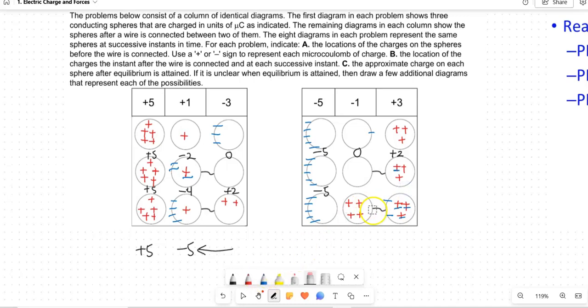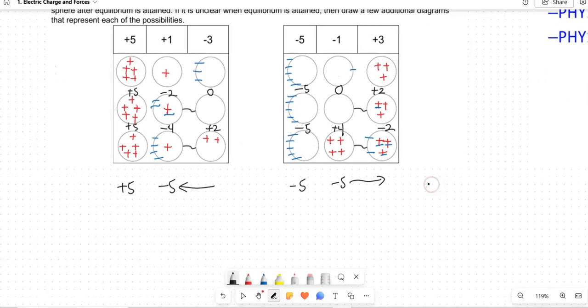Either way, this has 5 electrons that got pushed over. So now this object is +4, and this is going to be -2. Okay? So that's the deal. This guy was dictating, so this is -5. It wanted to push over 5 negatives onto this other object. Okay? If it's +5, it's going to pull electrons over to the middle object from the other object, likely. Okay? I did mention a case where, what if this is